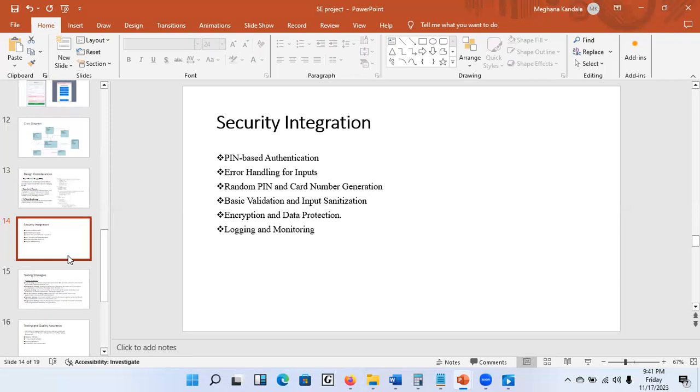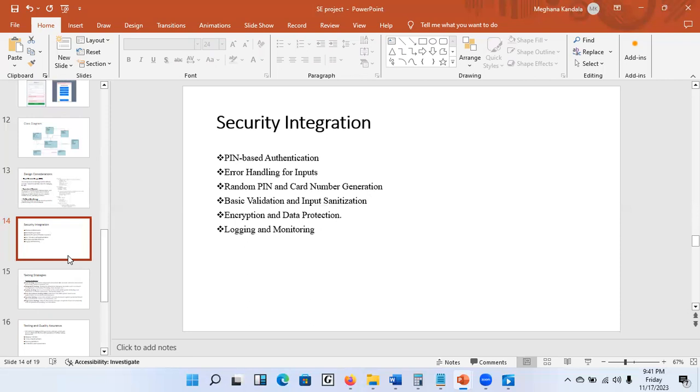These were all explained earlier in this presentation. The pin-based authentication is a two-factor authentication, where once we enter the pin number, we get a one-time password with which we can do the authentication, and error handling for inputs,